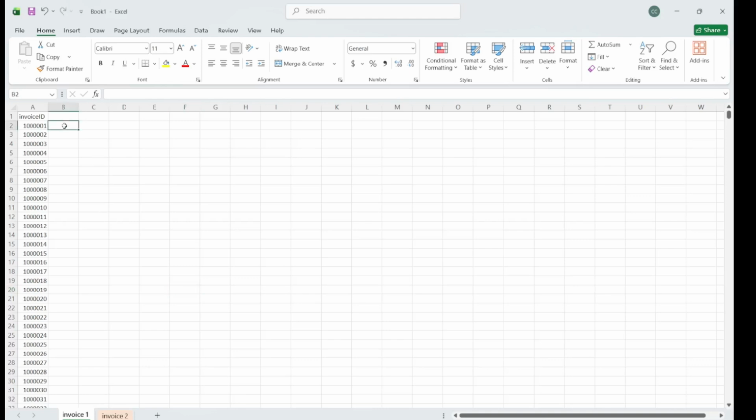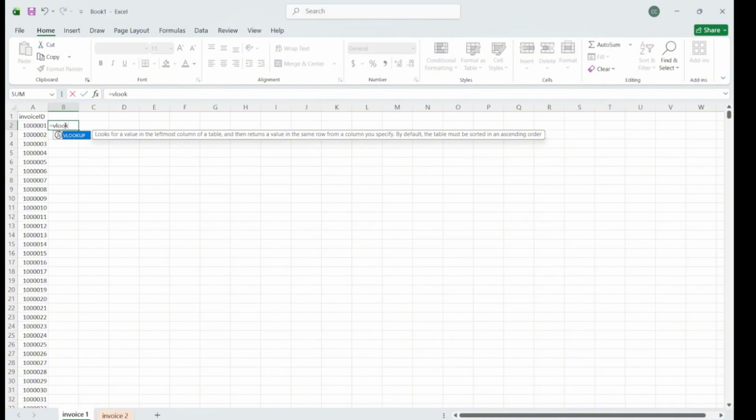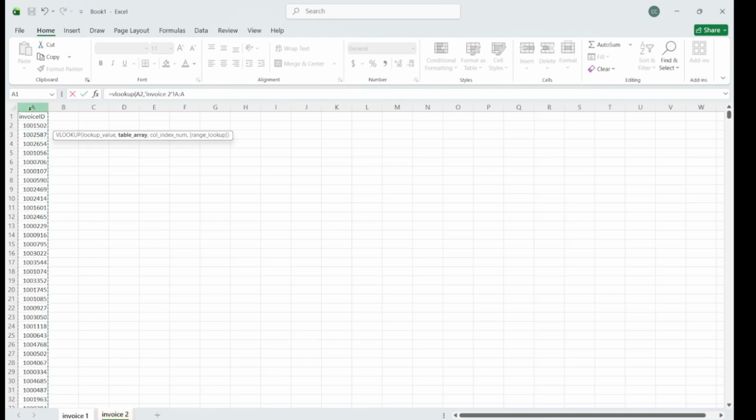So I will enter an equal sign and start with VLOOKUP, open parentheses, and the lookup value, which is going to be A2, comma, the table array, which is invoice 2, column A. And since the column is in position 1 of my selection, I will put a comma, 1, and